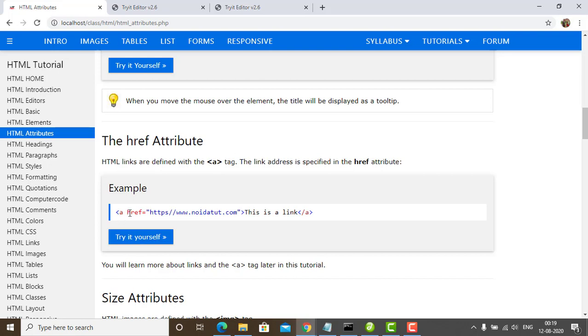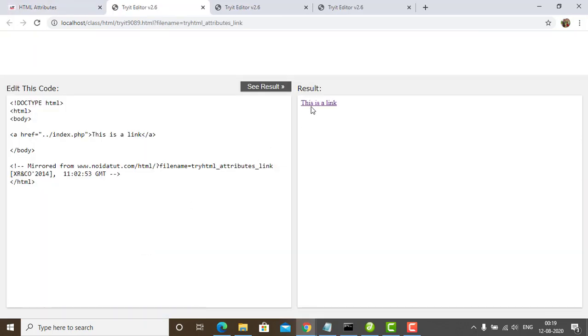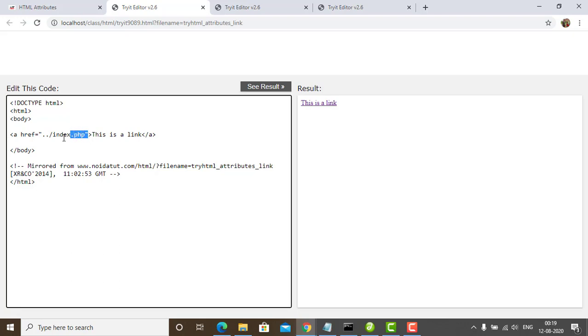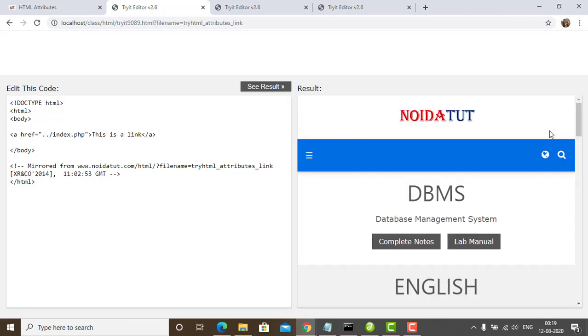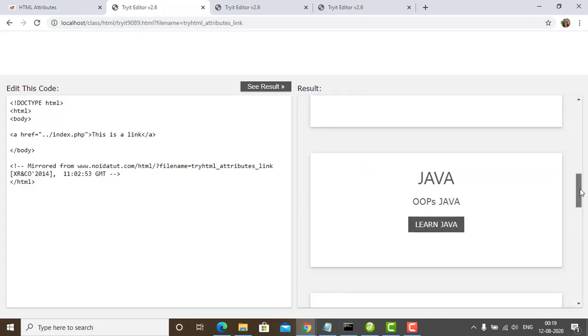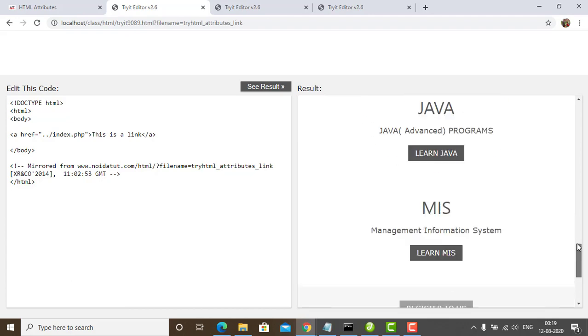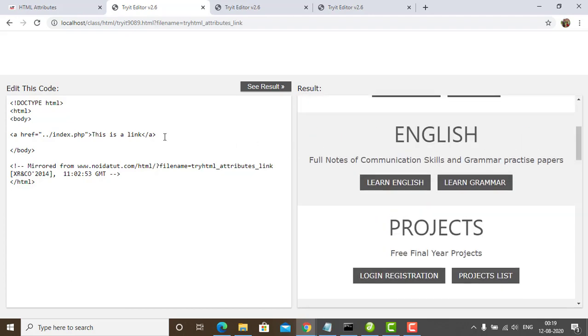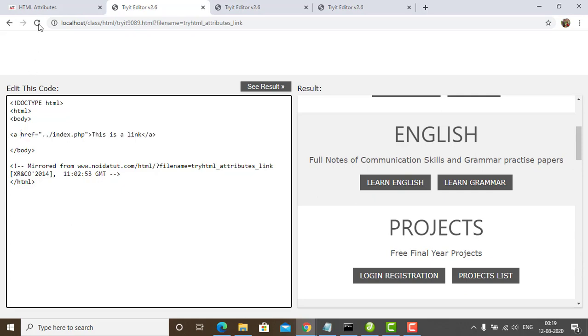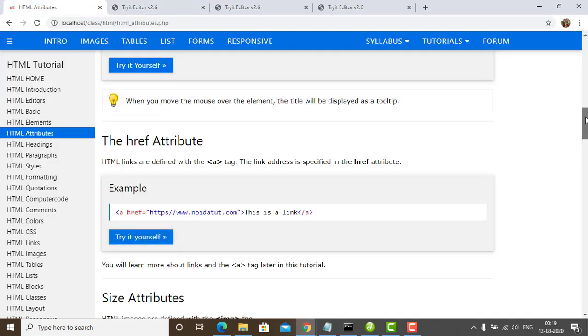A specifies anchor, href equals the path of the file, then this is the link text, which displays whatever you want. Now when we click this, it is going to follow this link, index.html. Check it here, this is the index file being read. Now this is what we talk about the attribute.